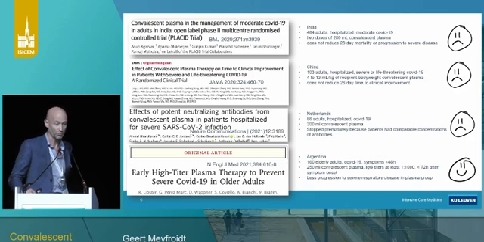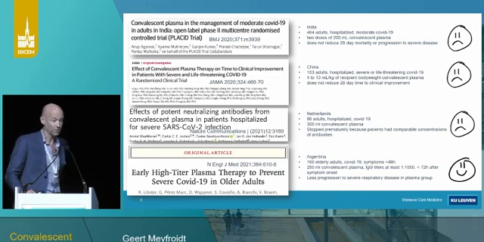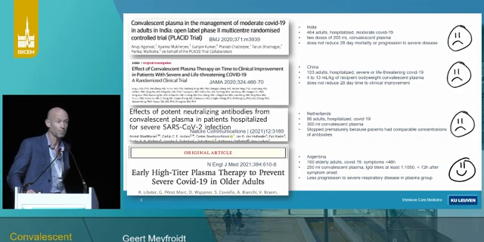They gave 2 times 200 mLs of convalescent plasma and had no influence on 28-day mortality or progression to severe disease. There was the Chinese study published in JAMA, 100 adults, which didn't reduce 28-day time to clinical improvement. There was a Dutch study that was halted prematurely because the patients actually had higher or comparable concentration of antibodies than the plasma that was donated.